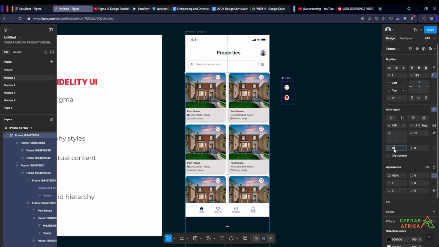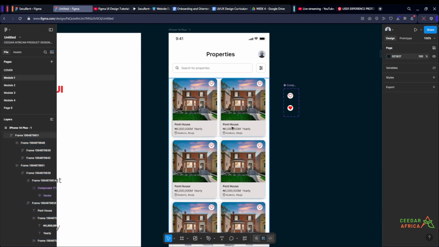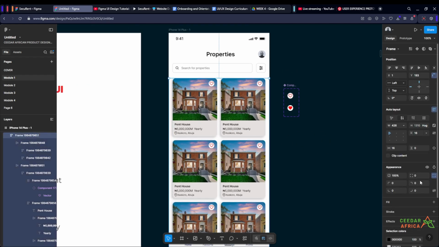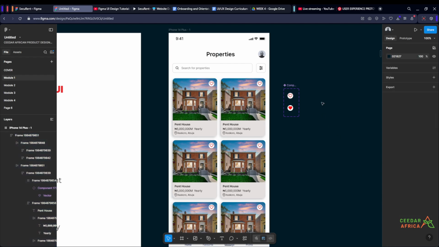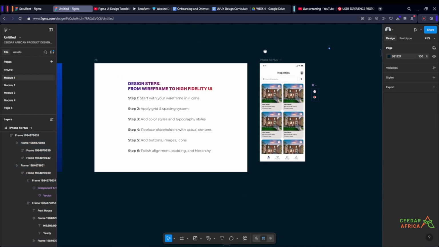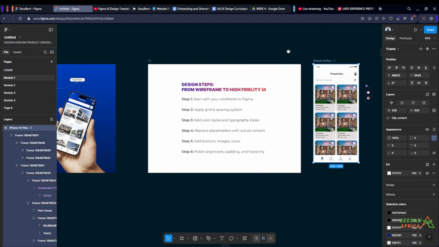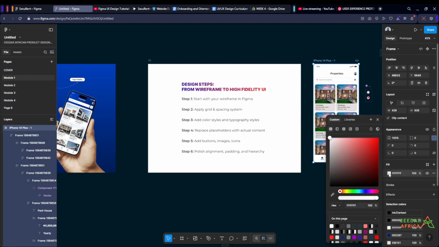So I'm giving this 16, right? This, I'll give it a fill, but you can't see that now. Okay, let me give it the background first so that we'll be able to see. Select this frame, this is the back fill color. I want to pick this one,